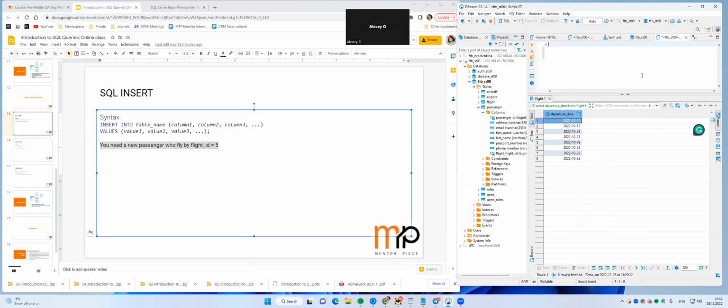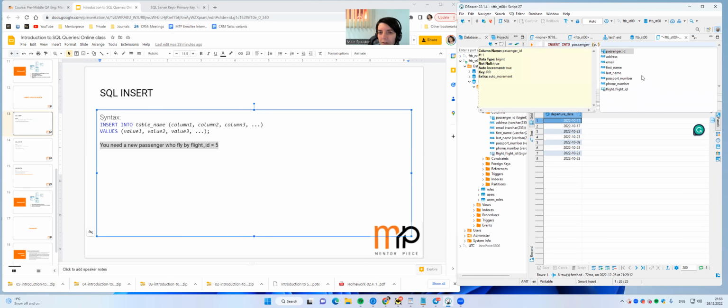May I, please? Yeah, please. Insert into passenger. Brackets. Now we are listing the fields. So without any apostrophes, we just list the fields, all fields via comma without apostrophes, and